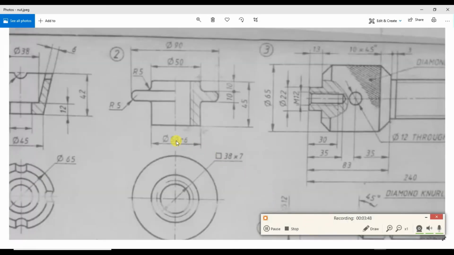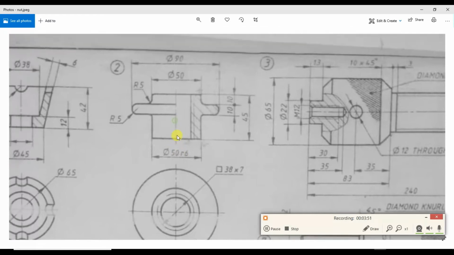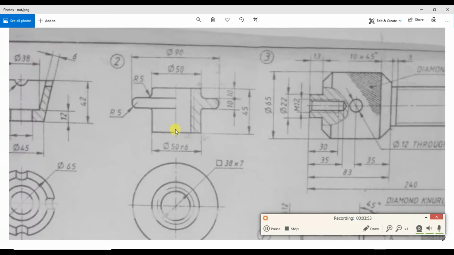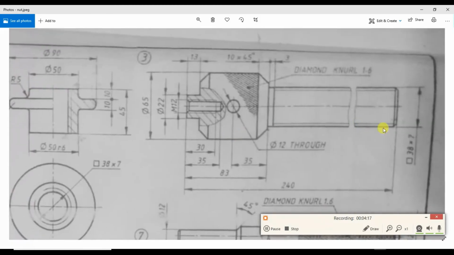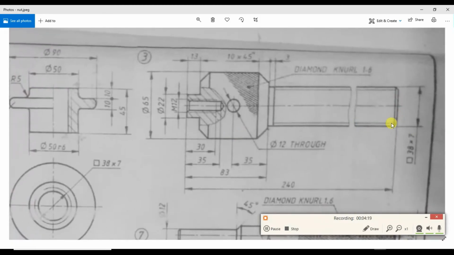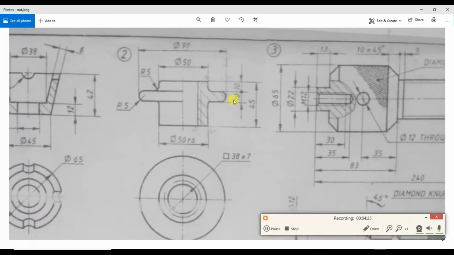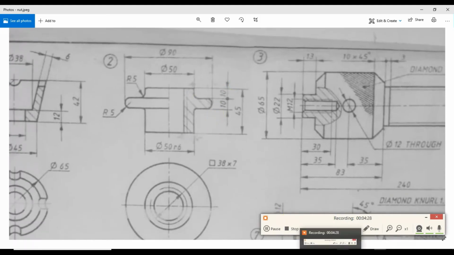So this minor radius will be how much? From here to here, it will be half of 31. Half of 31 is 15.5. Approximately you can take it as 16, or you can take 15.5. That is also fine. If you are taking 15.5, then here also you need to take 15.5, in order to create this screw rod. So let's just create this part in the CATIA file.